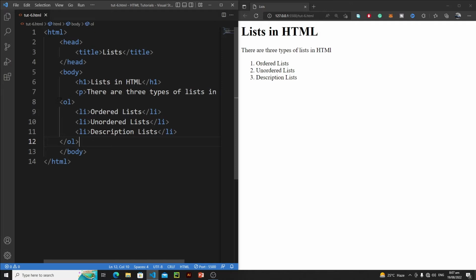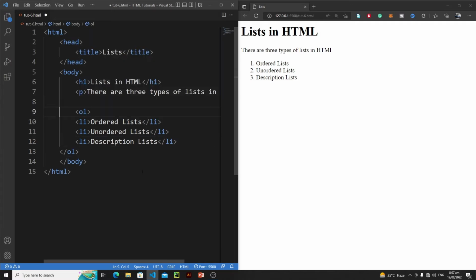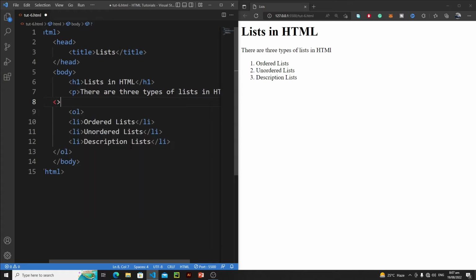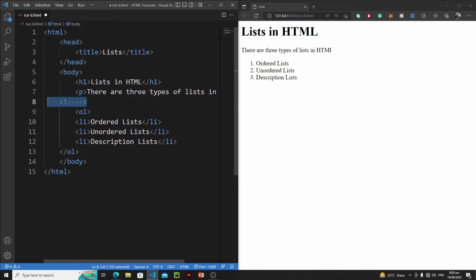But to make everything more meaningful, let's add comments as well. So adding comment in HTML is a very simple task. Just put these angle brackets, put an exclamation sign, and then these two lines. Okay, so let me remove it. Okay, so this is called a comment in HTML. You need to write everything between this space. Okay, so let's write here ordered list, and let's put a comment right here,